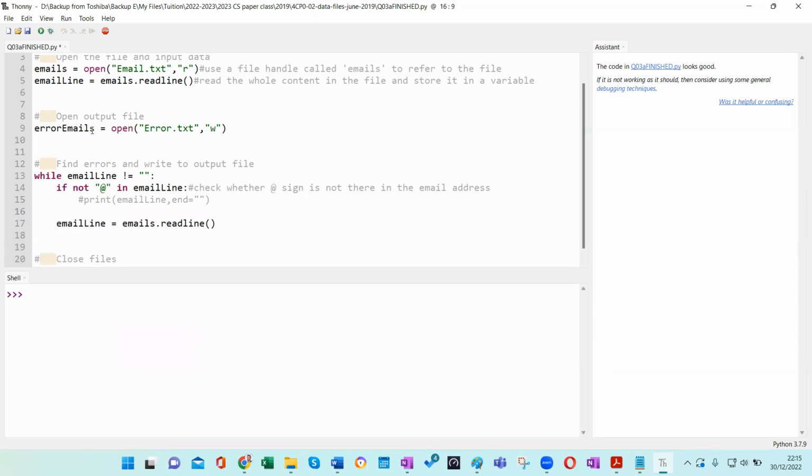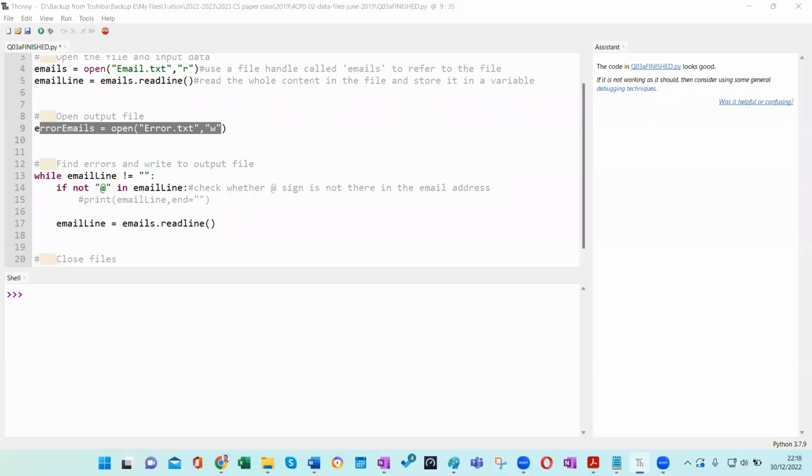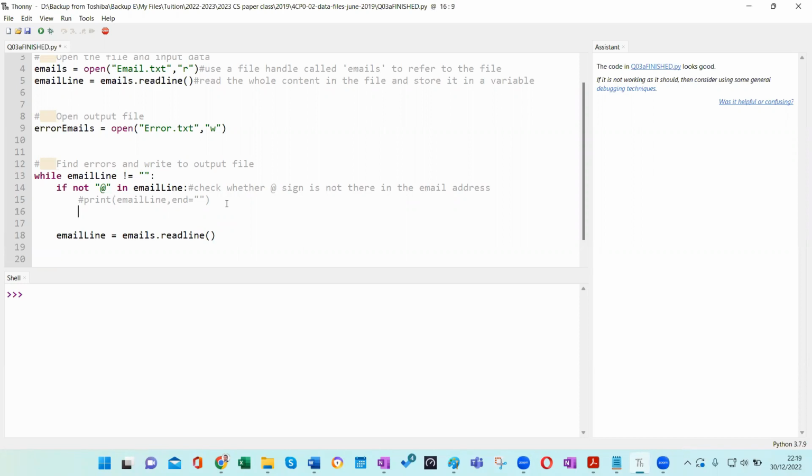In order to write, you need to use the file handle again, right? So remember, once you open a file, from then onwards you have to use the file handle. And here I'm checking for erroneous email addresses, and all I have to do is write them into the new file. So again, I need to use the file handle error emails